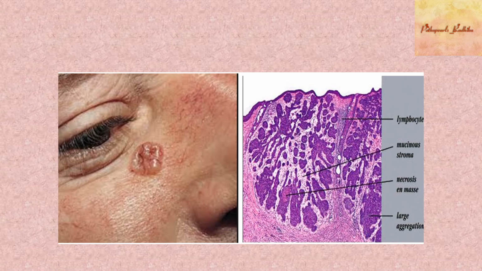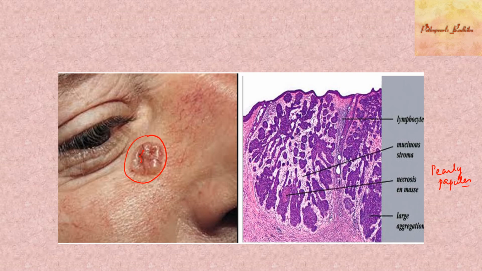So I'll summarize a few important gross and microscopic appearances of basal cell carcinoma. Basal cell carcinoma appears as pearly papules with telangiectasia. Look at this, it appears pearly white and you can see some thin blood vessels running over it. Whenever you see a pearly papule with telangiectasia, especially on the face, above a line drawn from the nose to the ear, usually when it has this morphology, it's a basal cell carcinoma, right?